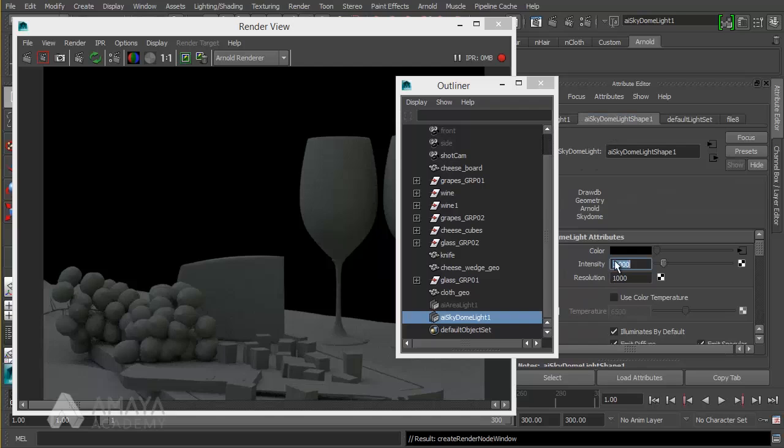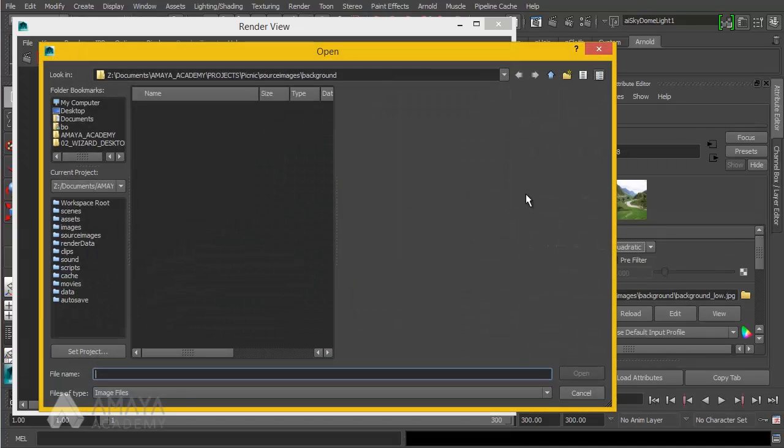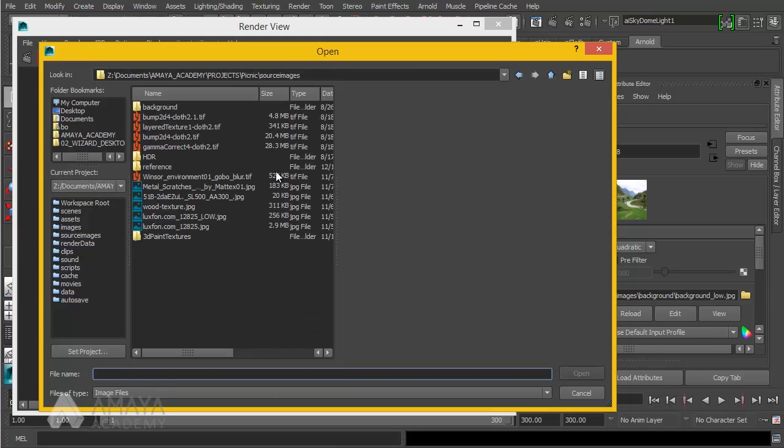So the cool thing about the sky dome light is it's importance sampled. That means that it's going to take the image and it's going to look at the brightest areas, and if there are really bright areas in there, it's going to put more samples on there. So it means that you get accurate shadows without much tuning. So it's really nice. So if we go to our texture, and this time I'm going to pick this HDR,